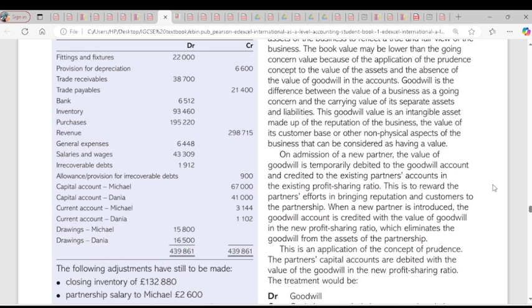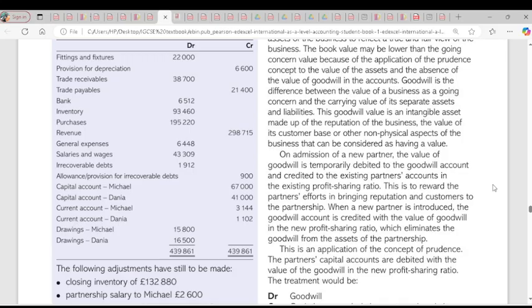Now we take away expenses. The expenses here are provision for depreciation, general expenses, salaries and wages, and irrecoverable debts. The allowance for provision for irrecoverable debts is not going to be part of the expenses. You take it away from your trade receivables in the statement of financial position. So here our general expenses are